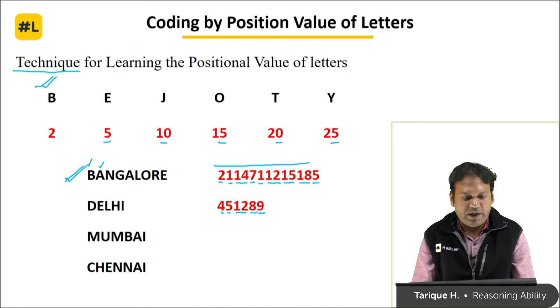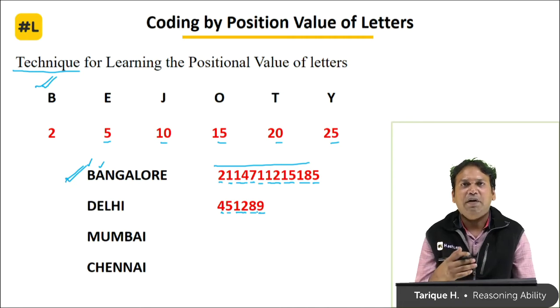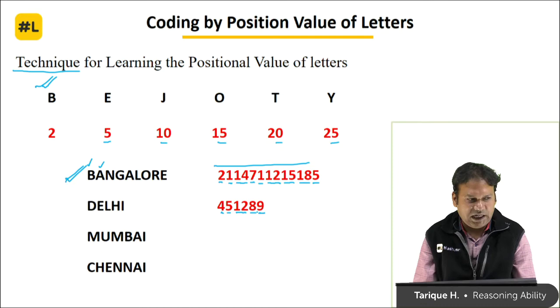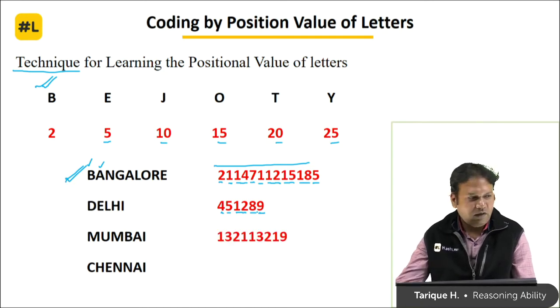What is the code for Mumbai? How many seconds are you taking? Now are you referring to the table again and again, or you are using the in between positions? So this technique will make it very easy for you to find out the positional value of letters in the English alphabet. That is a trick. That is why we are learning this technique. So yes, the answer for Mumbai